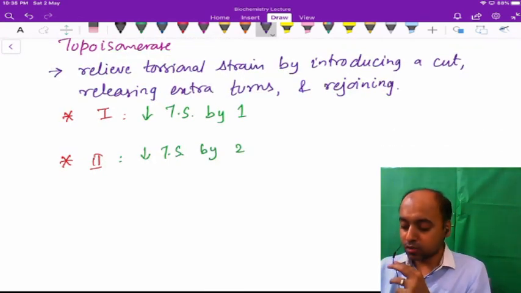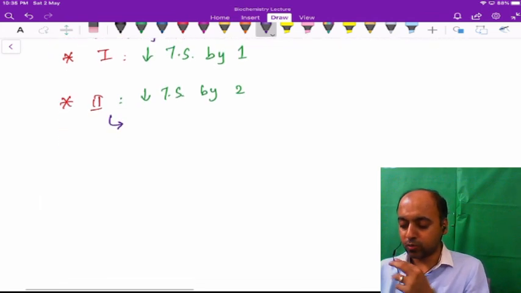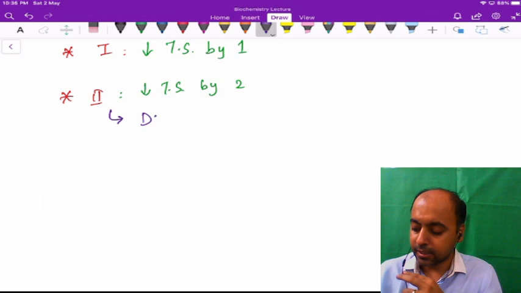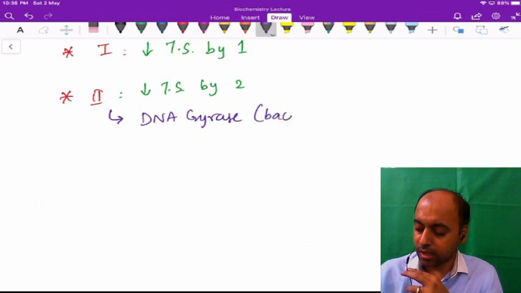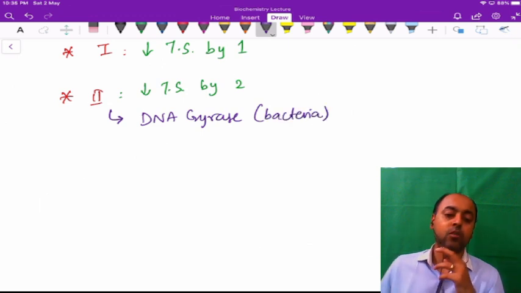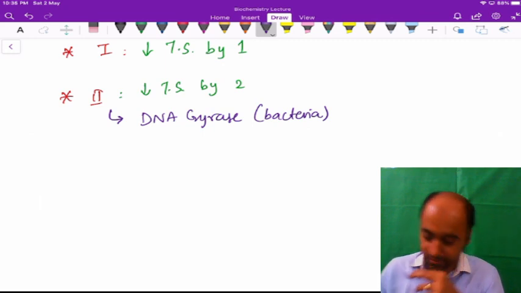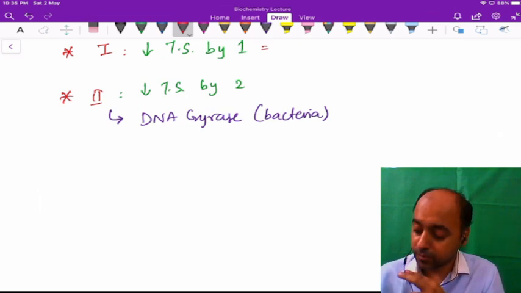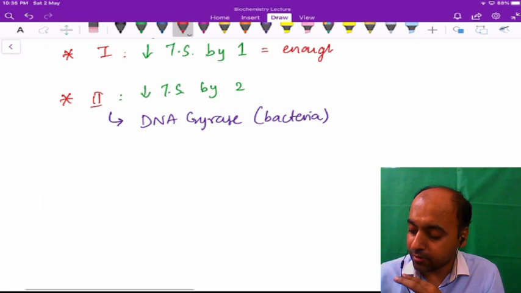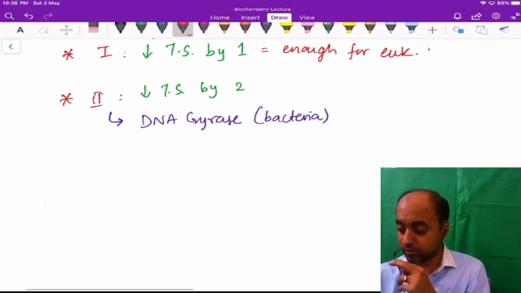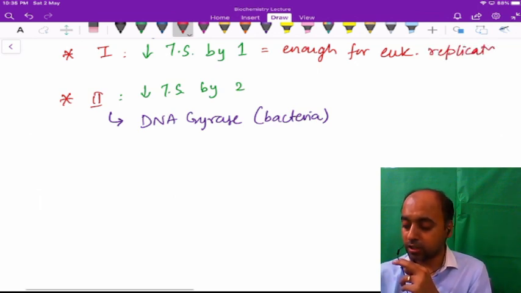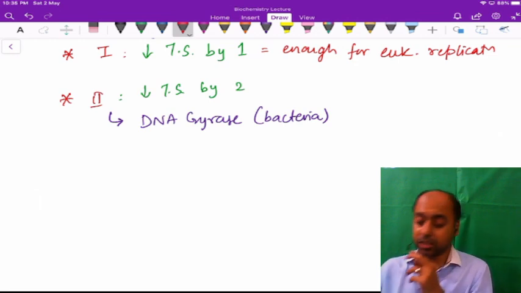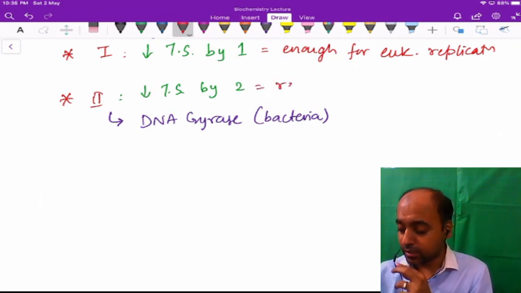Among the list of class 2 topoisomerases, we have a very important topoisomerase known as DNA gyrase, found in bacteria. The topoisomerase 1 is enough for eukaryotic replication. It is slow, but still it is enough for eukaryotic replication, whereas the class 2 is required